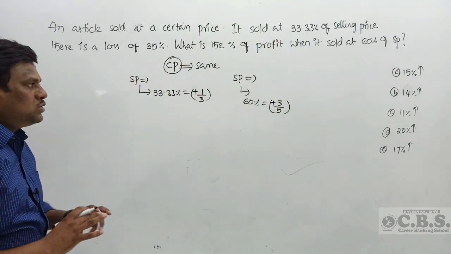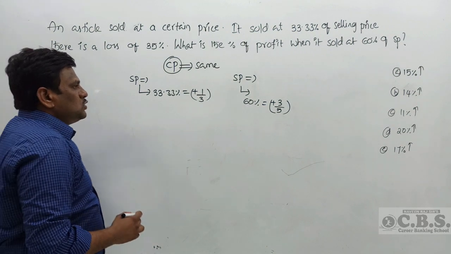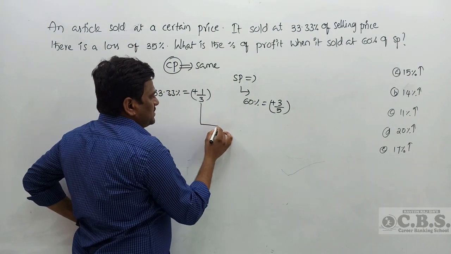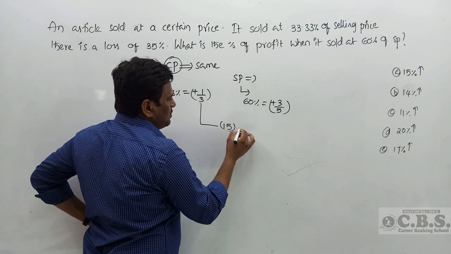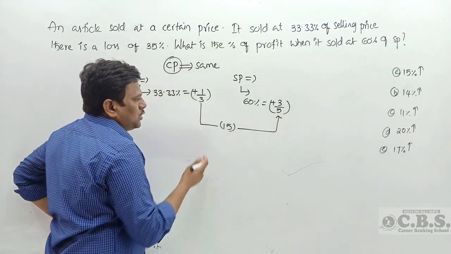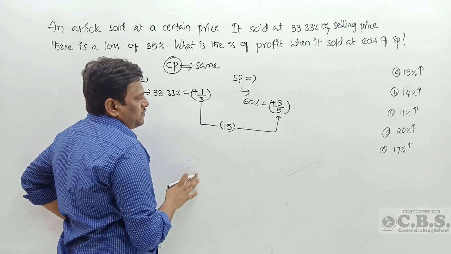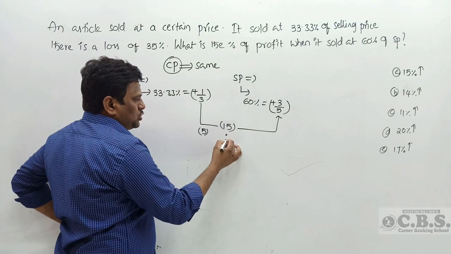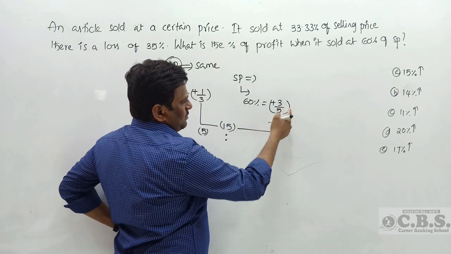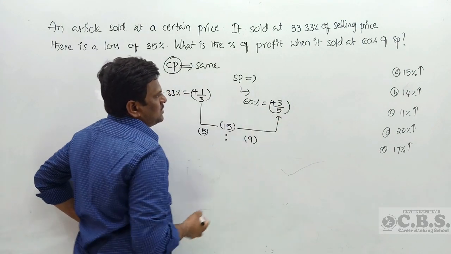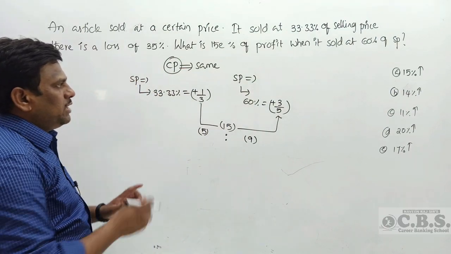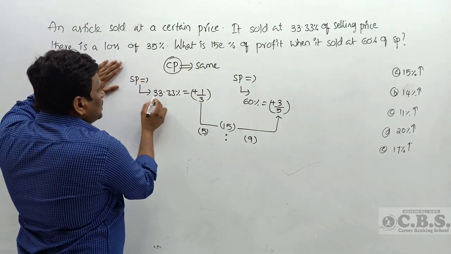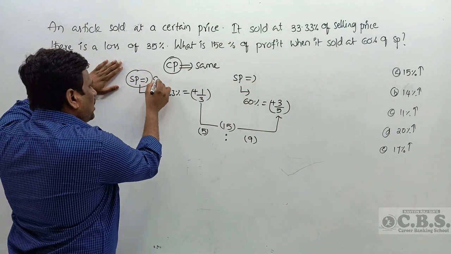So this is the value which is given. The first selling price has 3 parts and the second has 5 parts, but the selling price is the same, so you do the LCM. What is the LCM of 3 and 5? It is 15. So 15 means 5 times for the first, and 3 times for the second, which is 9. Get my point? This is a simple fundamental to get into a proper ratio concept. Here the selling price, 33% of selling price. What does this indicate?